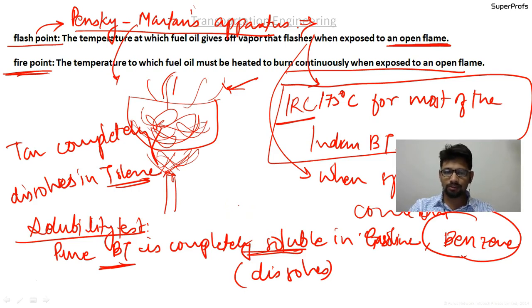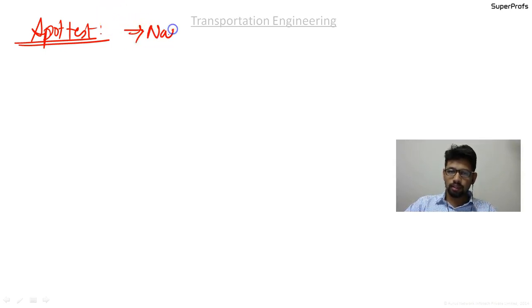And also there are some specifications that at least so much percent of the bitumen should be soluble, and not more than this percent of carbon residue should be left, and so on. Okay, so next test is the spot test. A naphtha solution is used. It is to detect overheated or cracked bitumen.